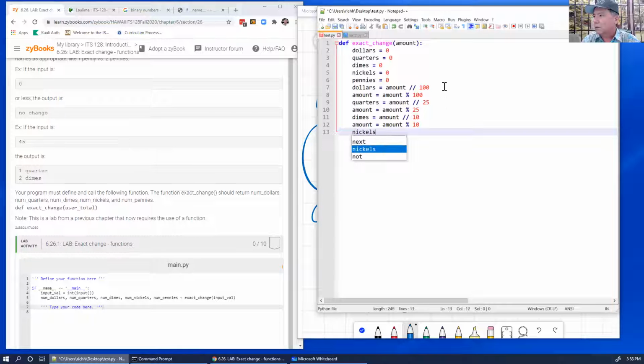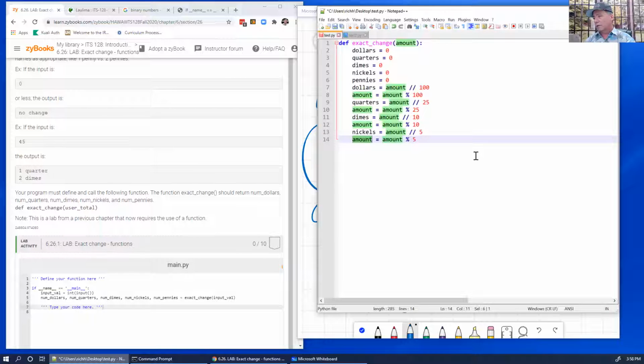Nickels equals amount integer divide 5, and then amount equals amount mod 5. And that's what pennies is. So this is going to be the pennies. Pennies equals amount. Now we can say integer divide 1, but it's just amount. Okay, so that looks like that's the answer. And then we're going to return